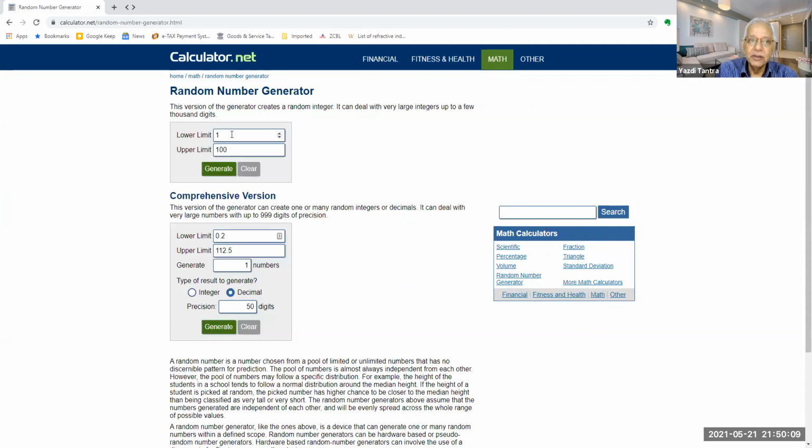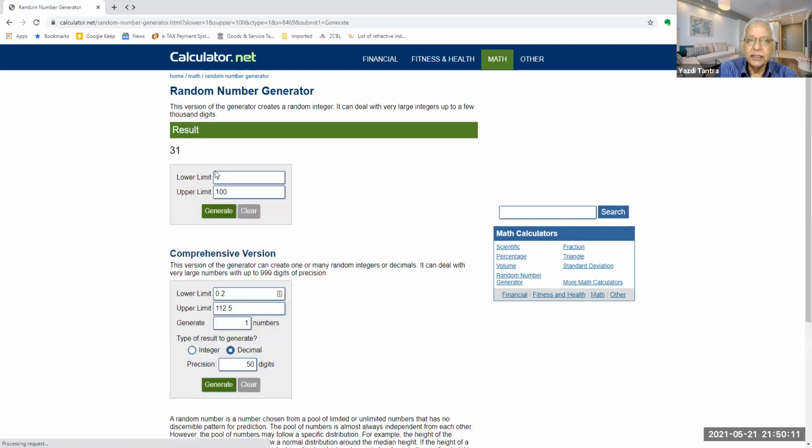So I can say between 1 and 100, you generate a random number. So every time you generate, it will be a different number. Between 1 and 1000, you want to generate a number. I'm just clicking generate, and it's giving me. So very, very simple to operate.